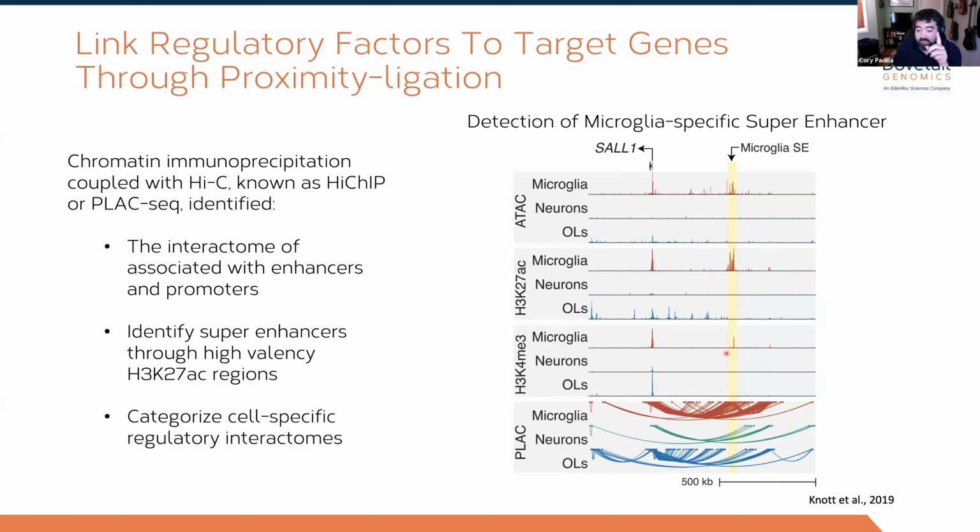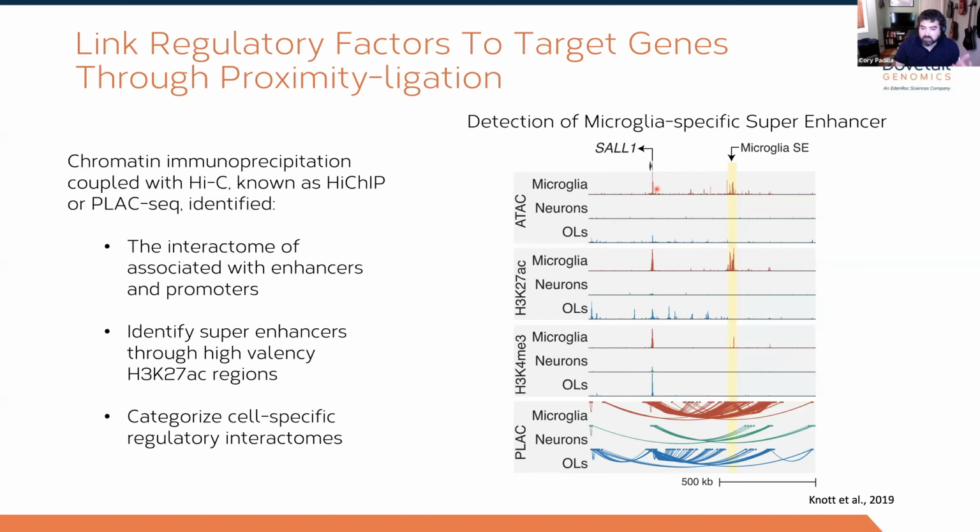But what they do see is at this super enhancer region, the hyperacetylated regions, that they can link this super enhancer region with a high degree of contacts with this gene, and that moreover in the other cell types, we don't see that particular interaction between this super enhancer and this promoter. So this is a cell-specific super enhancer that we can implicate in its interaction with this gene that's hundreds of kilobases downstream from it,